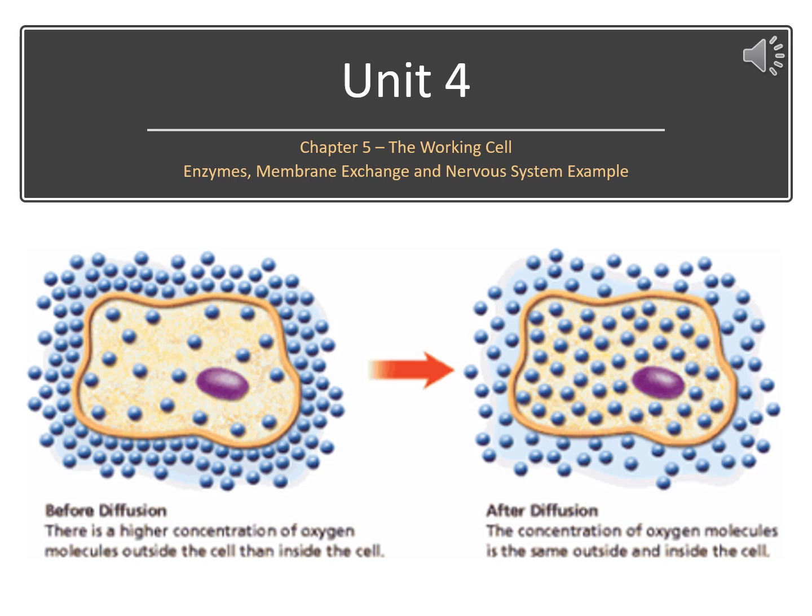In Unit 4, we'll cover Chapter 5, the working cell. In this chapter, we'll discuss enzymes, membranes, and the transporting of materials in and out of cells across those membranes. We will use the nervous system cell known as the neuron as a good example of different